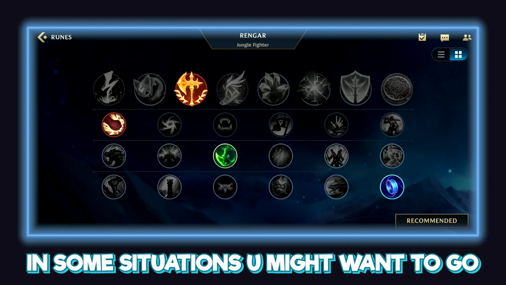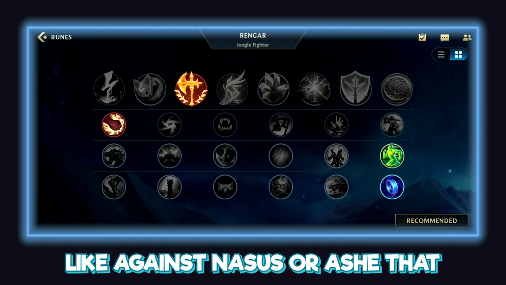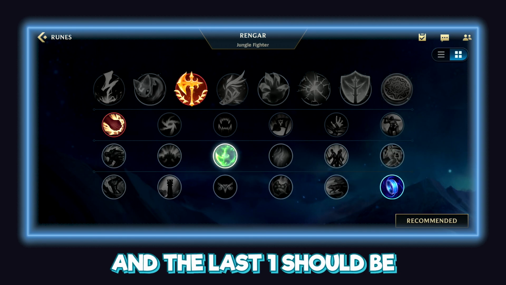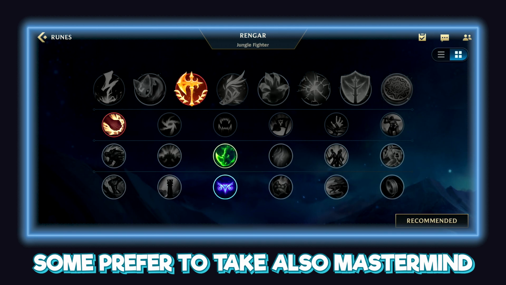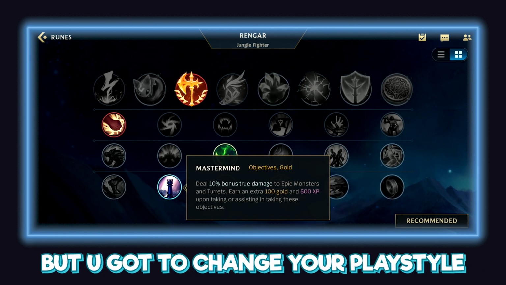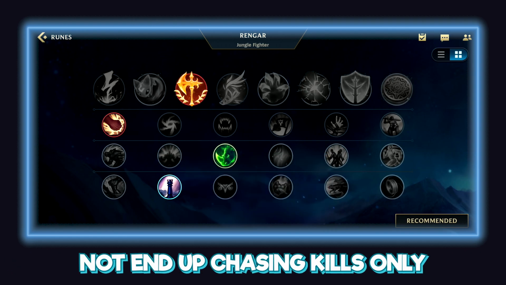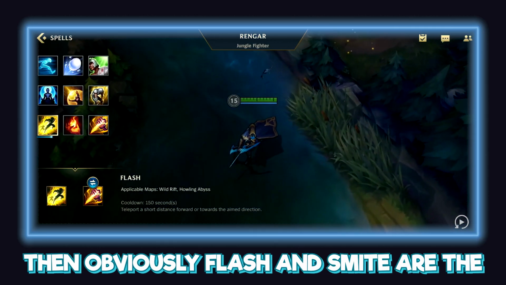In some situations you might want to go for Spirit Walker instead, like against Nasus or Ashe that have slow in their kit. And the last one should be the Hunter Genius rune. Some prefer to also take Mastermind, which is a very good rune. But you've got to change your playstyle so that you play to get objectives, not end up chasing kills only. If you are playing Rengar jungle, then obviously Flash and Smite are the